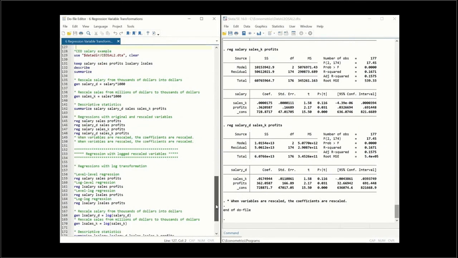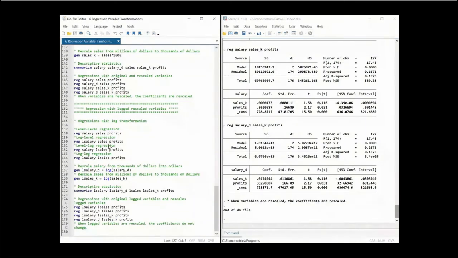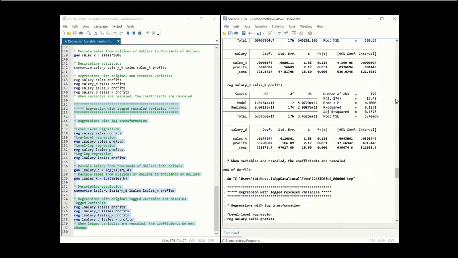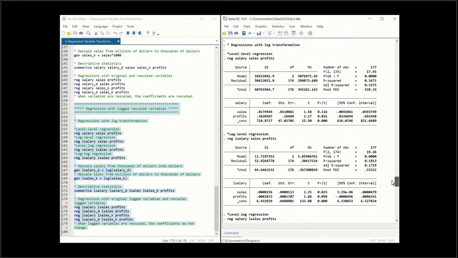So now let's look at what happens when we actually have regression with logged rescaled variables. So I'm going to execute this code. So here we have regressions with log transformation. So here we have the regression in levels. So here we have salary regressed against sales and profits. These are the coefficients. Then we have the log level regression, and then we have the level log and the